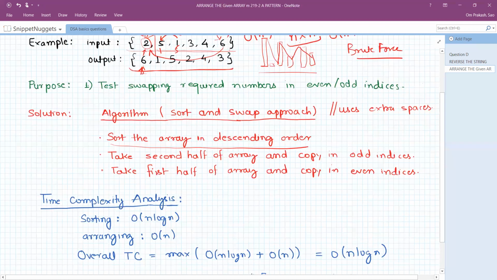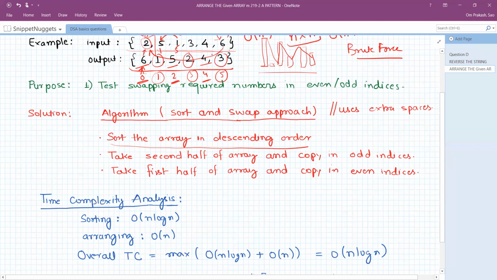If you notice, the indices are 0, 1, 2, 3, 4, 5. So all the even number indices are holding the greater elements, right? And all the odd number indices are holding the smaller elements.